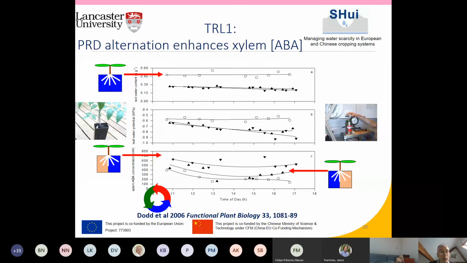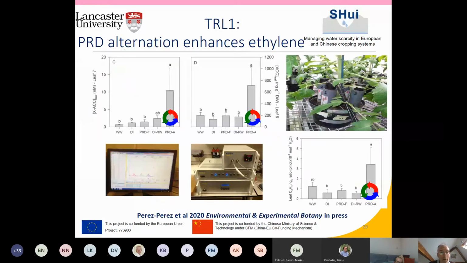What he has found, however, is a substantial increment in ethylene production by the plants if they're subjected to a swapping of the wetting and drying parts of the root system. So you can see the base of his partial root zone drying plants here, grown in our controlled environment room. We have a divider between the 2 different parts of the pot, with some soil moisture sensors measuring the wet and dry parts of the pot, and then by either removing the leaf to enclose in a vial,